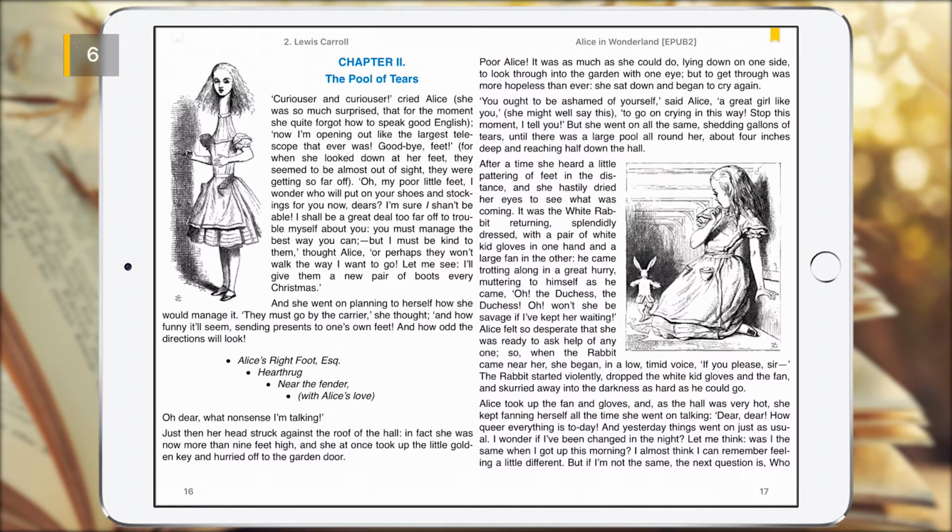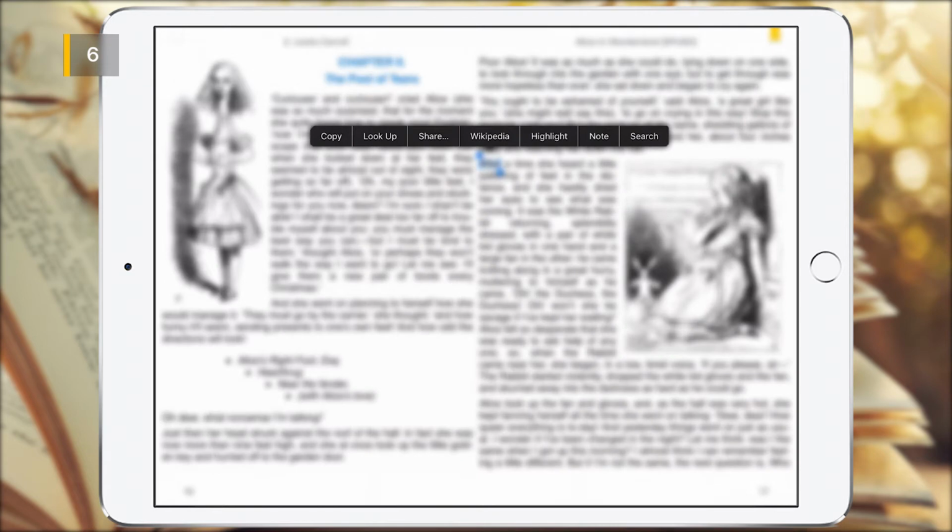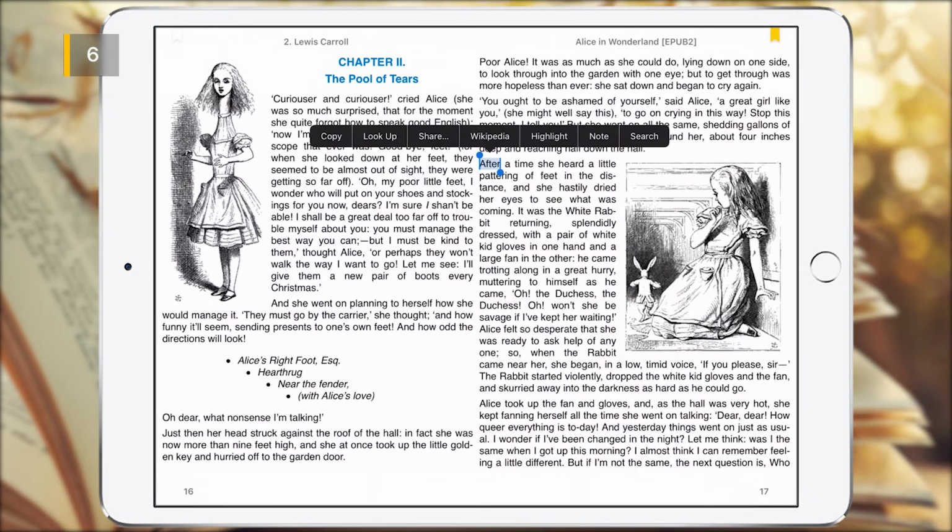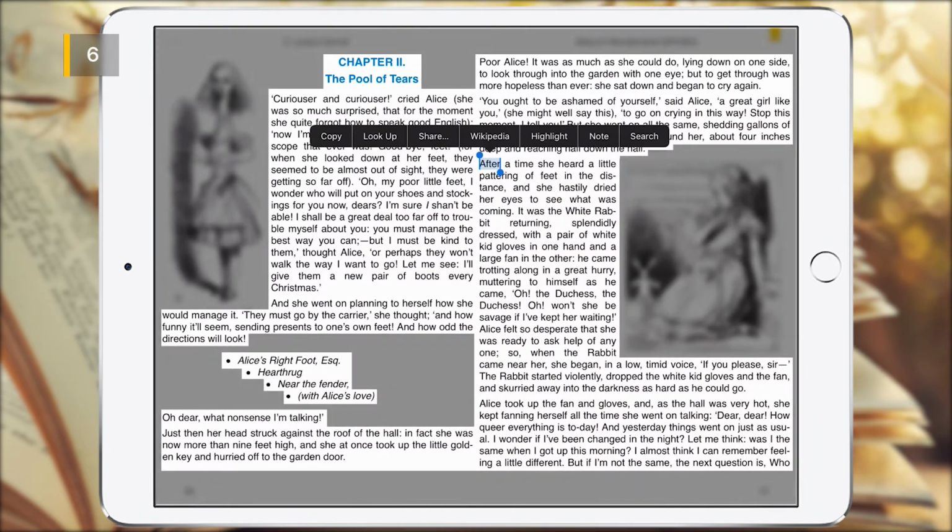To call the context menu, hold on the desired area of the screen in full screen mode. The context menu depends on the ebook format, reflowable or fixed, and the page area where you activate this menu. Context menu on pages of reflowable format can be called only for text areas.